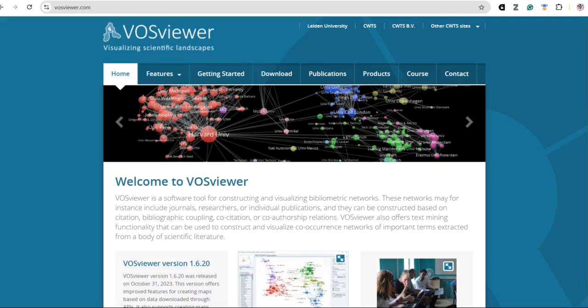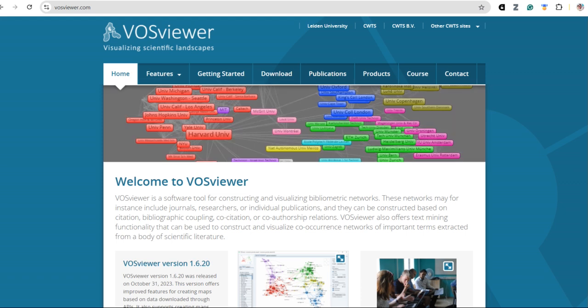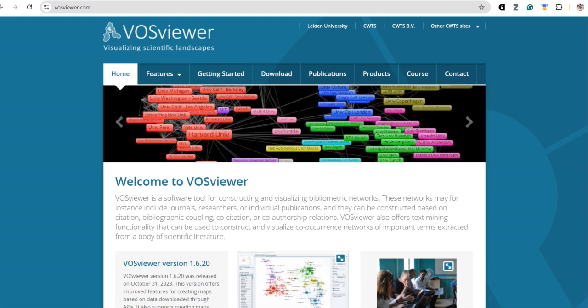Friends, today we are going to discuss VOSviewer. VOSviewer is a software tool used for visualizing and analyzing bibliometric data such as scientific publications, authors, and keywords. In this software we can do co-authorship analysis, which will visualize the collaboration network among authors, identifying key researchers